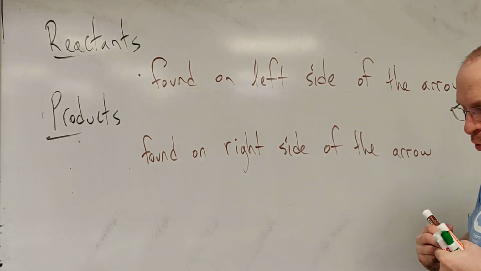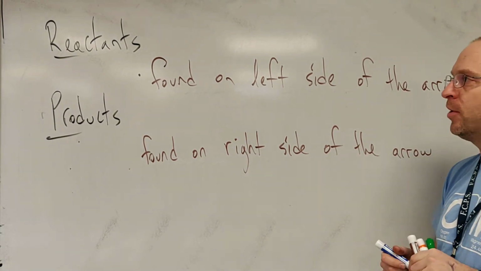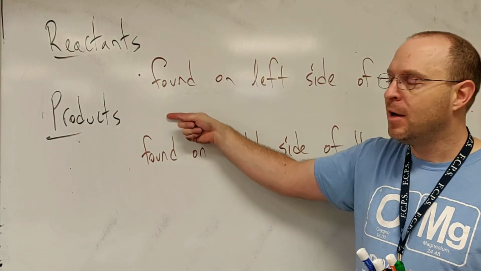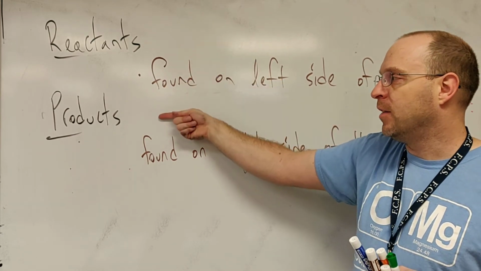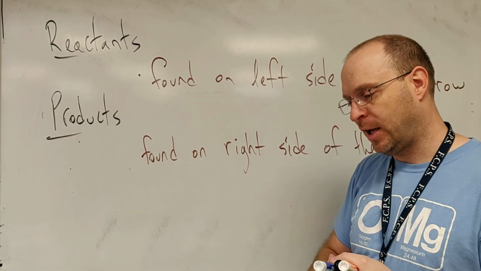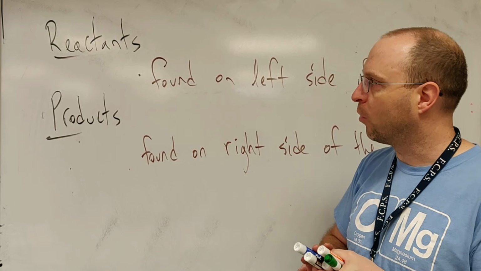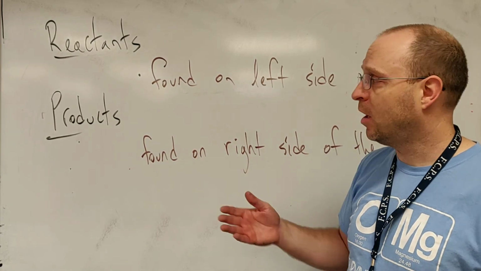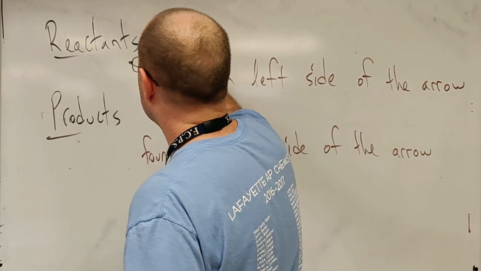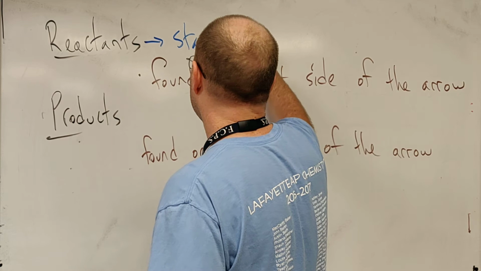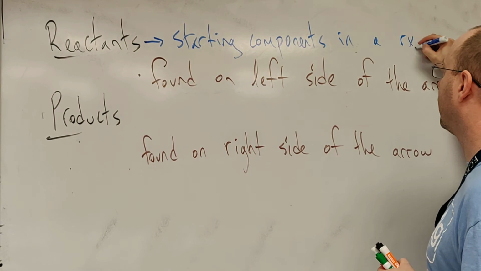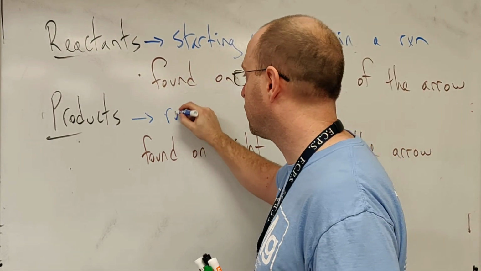Okay? And if you want to break this into other terms, like I tell my students, reactants react to produce products, right? These are your starting ingredients, and these are your things that you make, right? So if you were baking a cake, you'd say I've got sugar and flour and eggs and salt and milk or whatever. Those are your ingredients, the things you start with. And then your products are the things that you make. In that case, it would be a cake, right? So reactants, these are the starting components in a reaction, right? And then the products are your resulting species